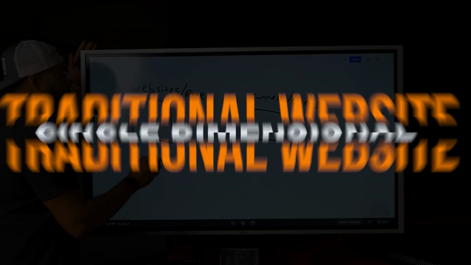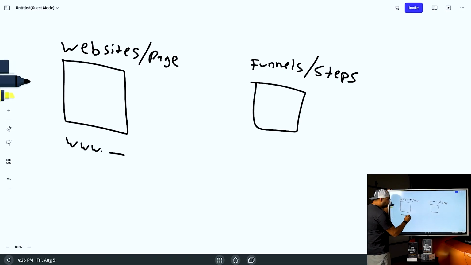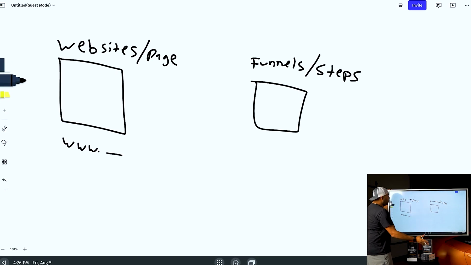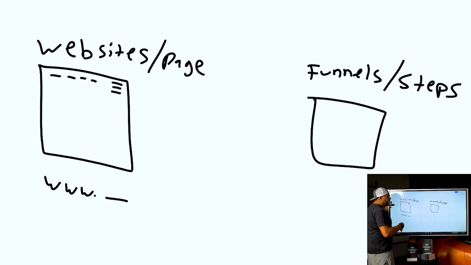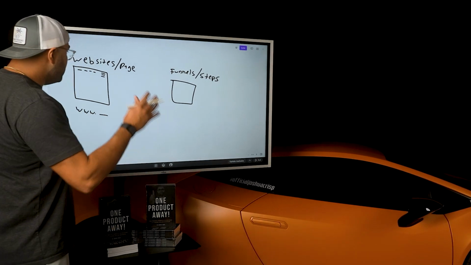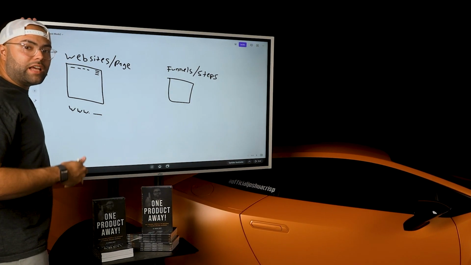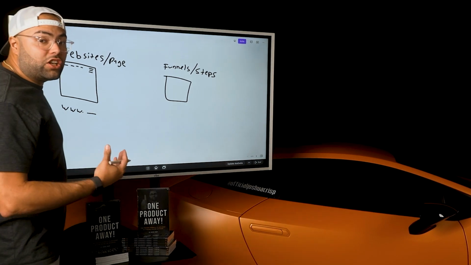Well, on a traditional website, it's single dimensional. So you go to www blank, whatever the website is, and it brings you to this home page, right? Now, when you're at the home page, up here, usually there's tabs or there's a menu here that goes to different pages. But when you land on this home page, there's not really any opt-in. You're not really securing any type of intellectual property or any type of customer info that's gonna cause conversion.